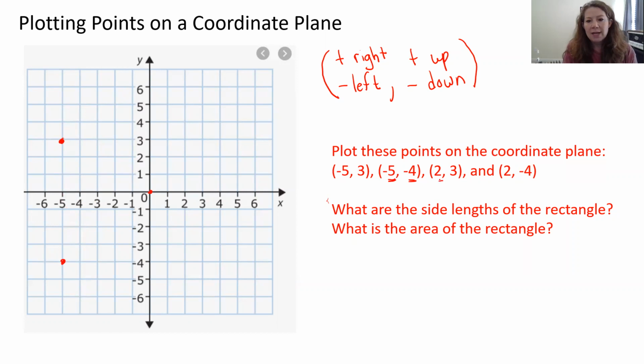Then this tells me to go right 2, up 3, +2, +3. And then the last one says go right 2, down 4. Right 2, down 4. All right, so if I connect those dots,